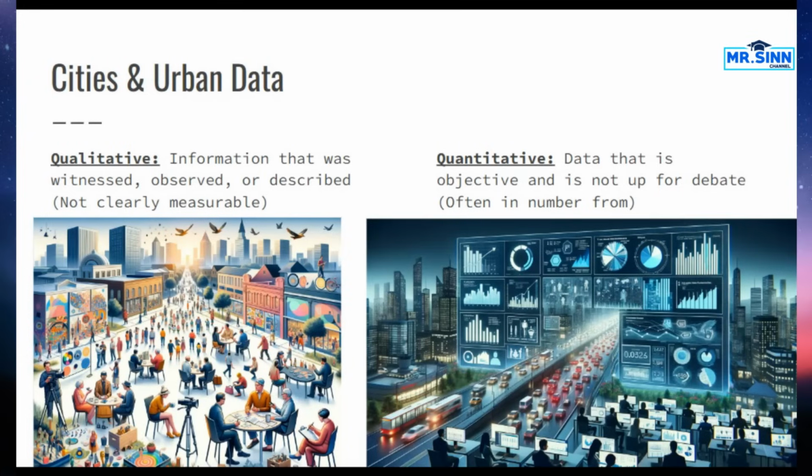So for example, the median income in an area, that would be quantitative. Qualitative would be, well, how do people feel about the traffic? How do they feel about what's happening in society? Do they approve right now of what the government's doing, or do they not? That would all be qualitative. So important to note that.